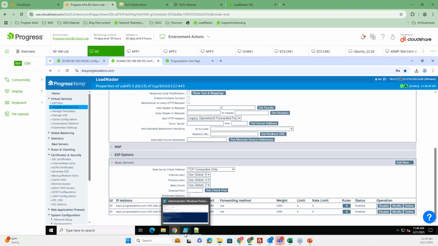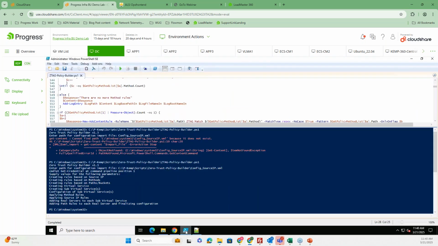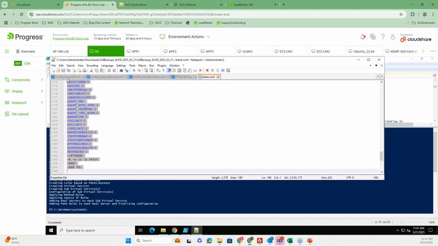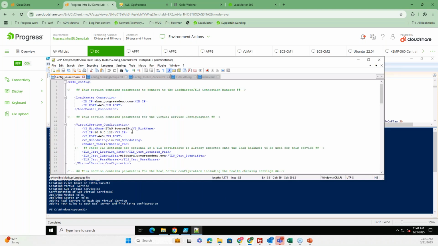So how did I build this? Here we go. This is the Zero Trust Access Gateway Policy Builder, the PowerShell command. I put the link on the slides. Based on that, you get certain XML files. So here was the source IP one. I put in what name the load balancer has and what port.